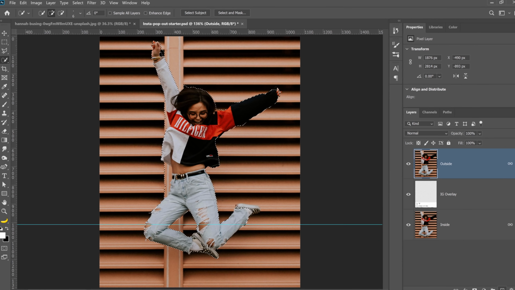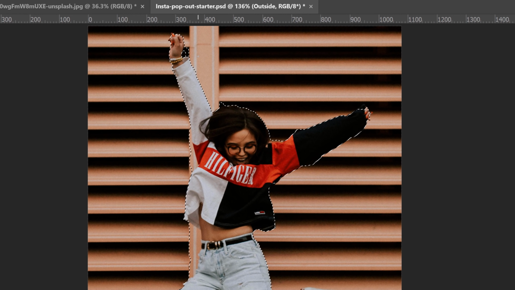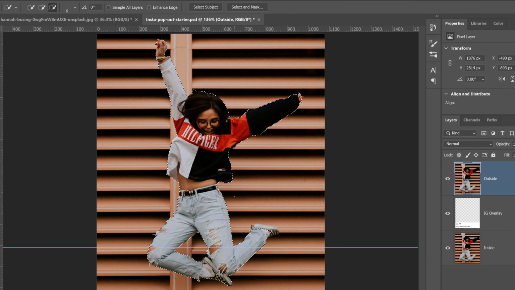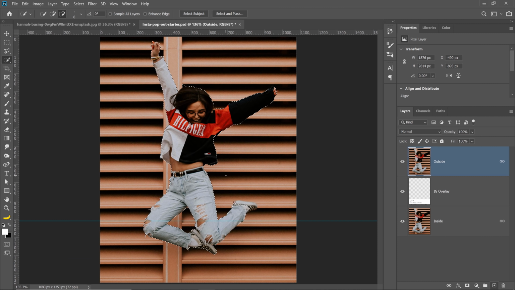There's a few problems that I'm going to fix simply by holding Alt on Windows, Option on the Mac, and clicking and dragging to deselect. So I'm deselecting these areas that don't need to be selected. I just want her selected. And it doesn't need to be a perfect selection because most of her body will be in the actual post, not outside of it. So we don't need to worry about it too much. All I need to do is make sure that her feet and the lower parts of her body are properly